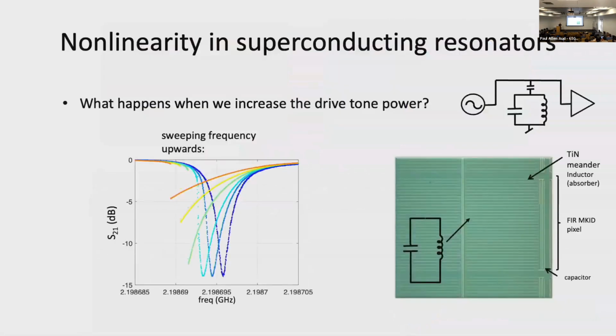Okay, I'll just quickly describe how we started working on this type of device. My group at JPL does a lot of work on superconducting detectors for astronomy instruments. And one detector that we've been working on for several years is the microwave kinetic inductance detector. This is essentially a photosensitive thin film microresonator